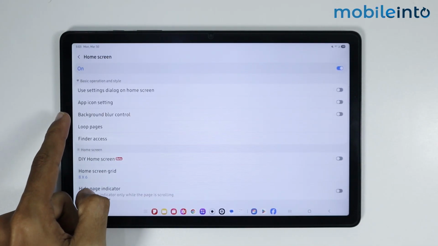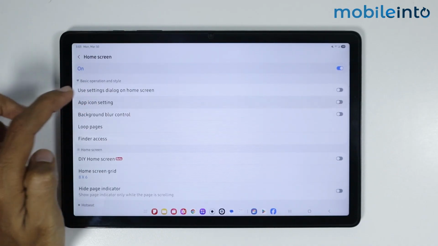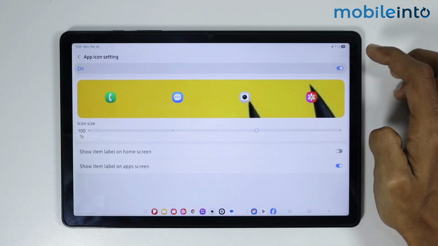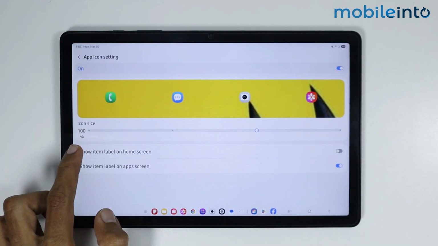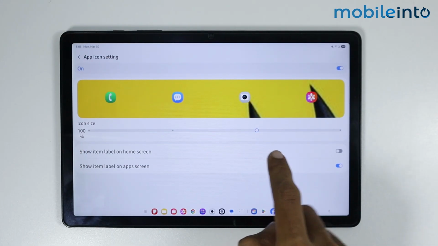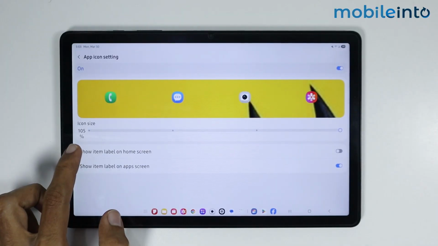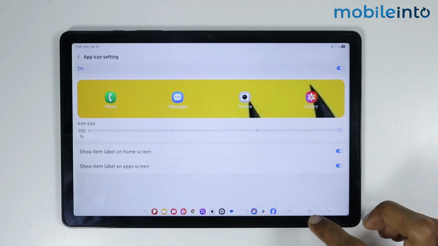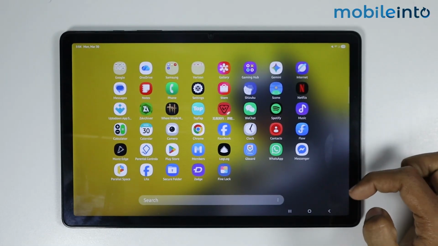Now over here you will find the option of App Icon Settings. Just tap on it and enable the toggle for App Icon Settings. As you can see, the app icon size is currently at 100%, but you can increase it even further to 105%. Now as you can see, if you go to your home screen and if you open the app drawer,